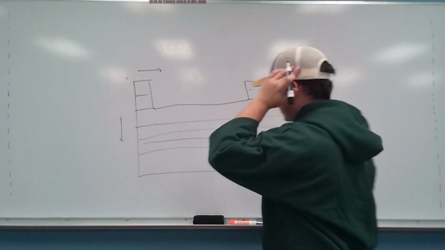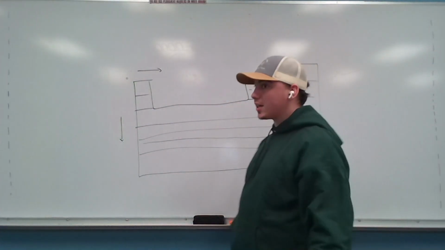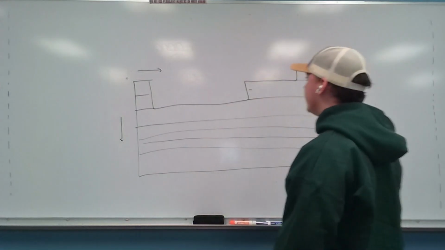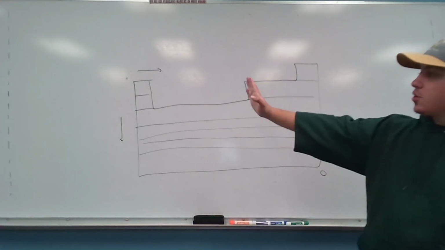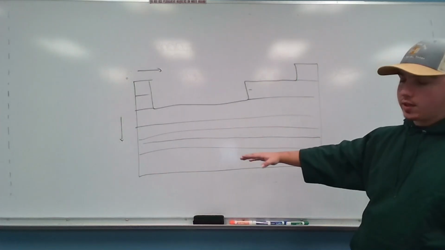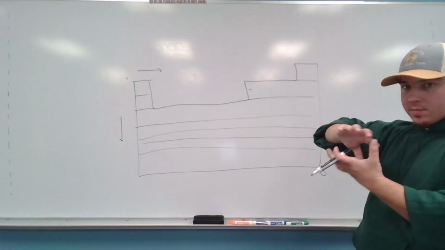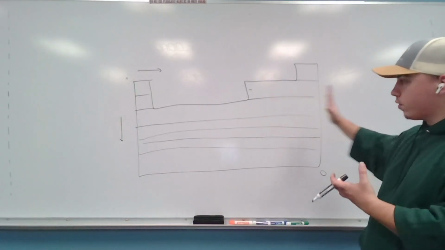Why is this? Because they have more protons as you get to this side of the periodic table, and more electrons in their shells. This means that as you go this way, even though your mass is going up as you go down, which technically increases the size, the contraction of that atom is going to be higher over here,